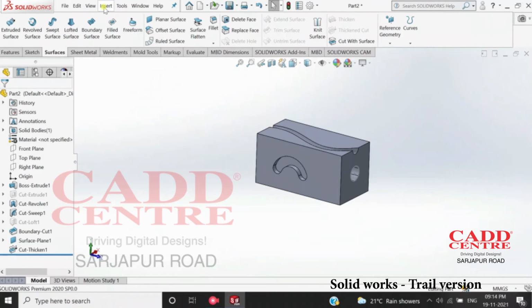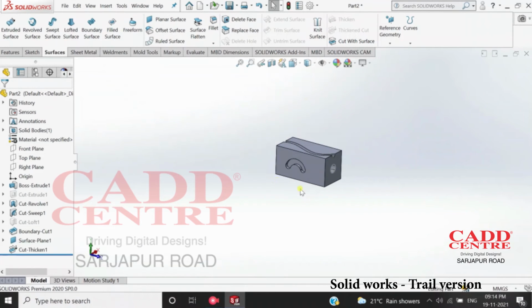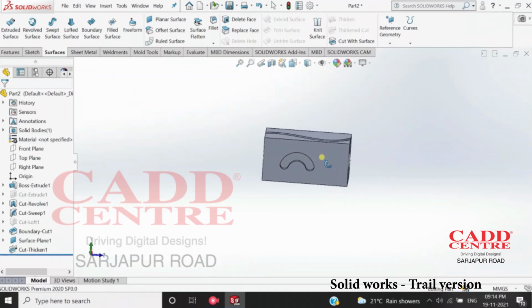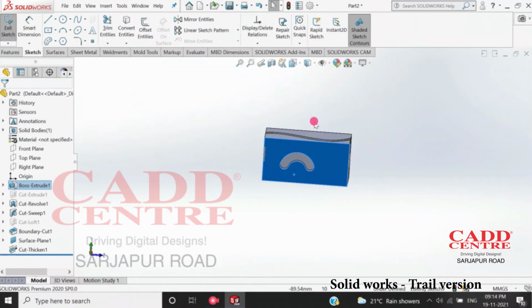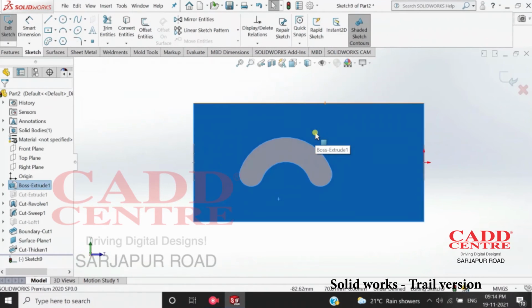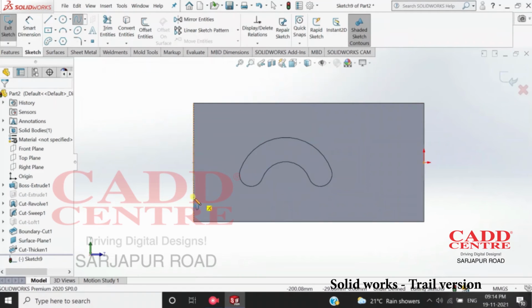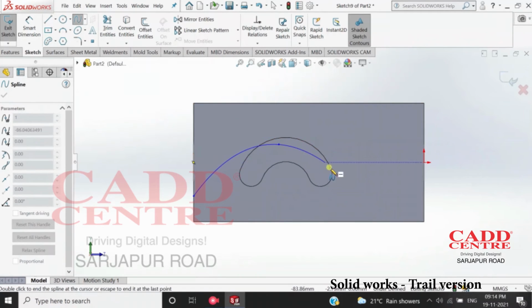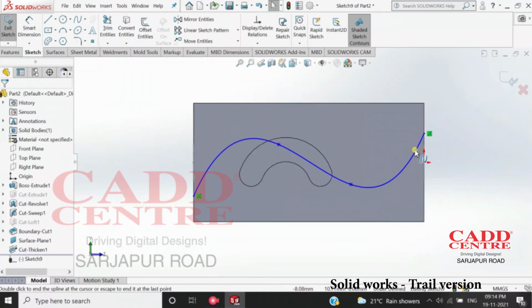Another one is cut with surface. For that also we have to create one surface. So let's do it. Control it for normal. I'll start from here. Just constrain it.